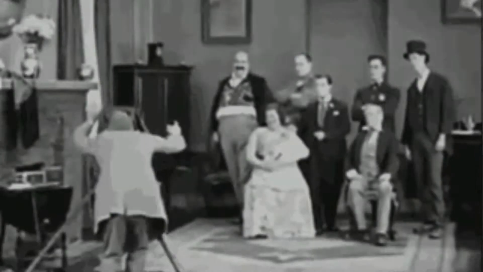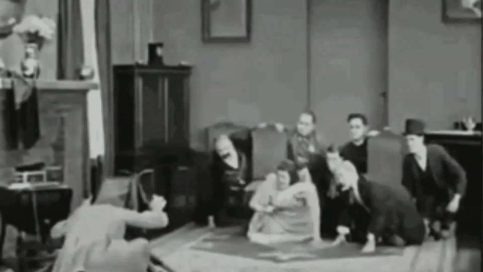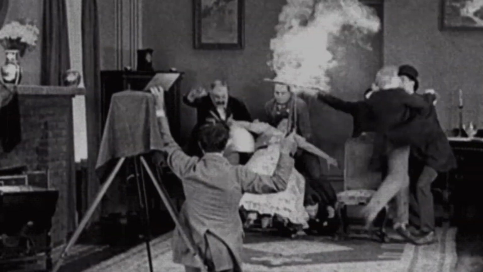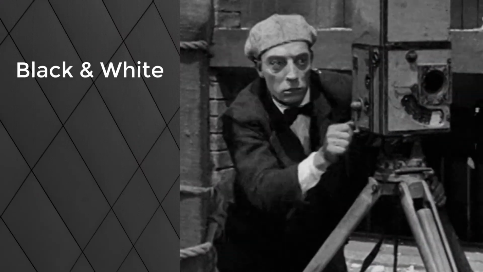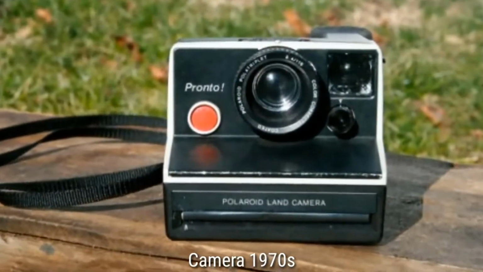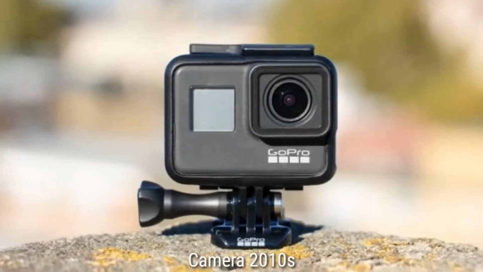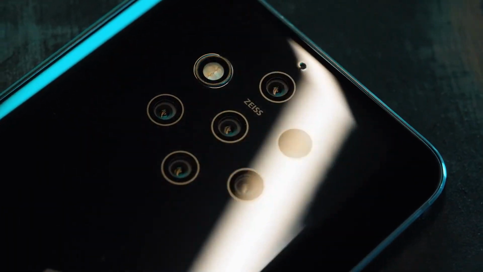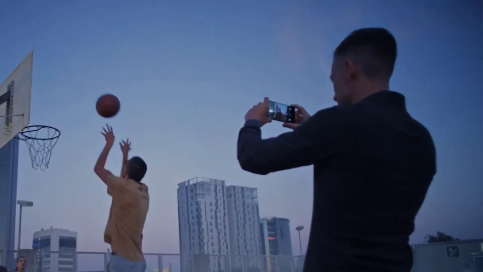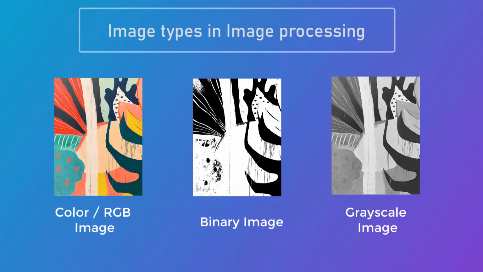Few years back, when the cameras were not very advanced and unable to capture the real world colors, the images grabbed by those cameras used to be black and white, or in technical terms, grayscale image. As technology evolved, we started capturing real colors from much more advanced cameras, and now we do it casually with high-end mobile phone cameras in the palm of our hands. In image processing, we have to work with not just color or RGB image, but also with other image types like grayscale image, binary image, and many more.